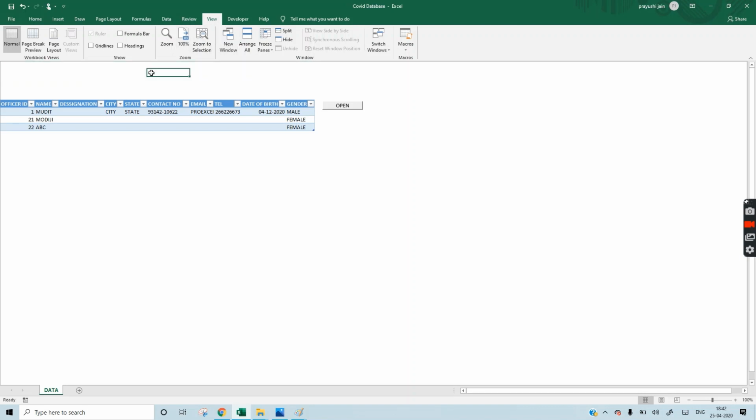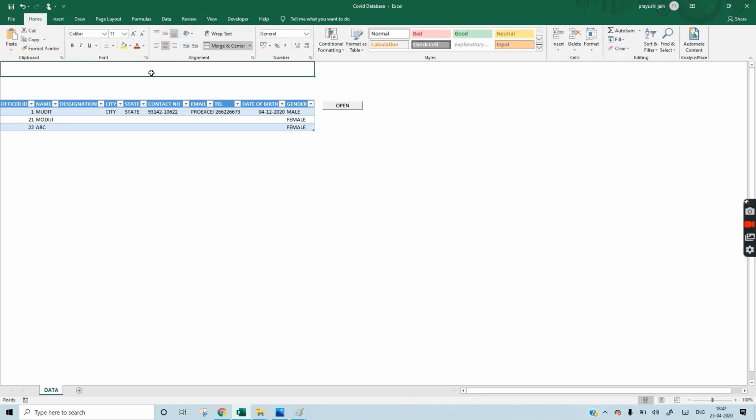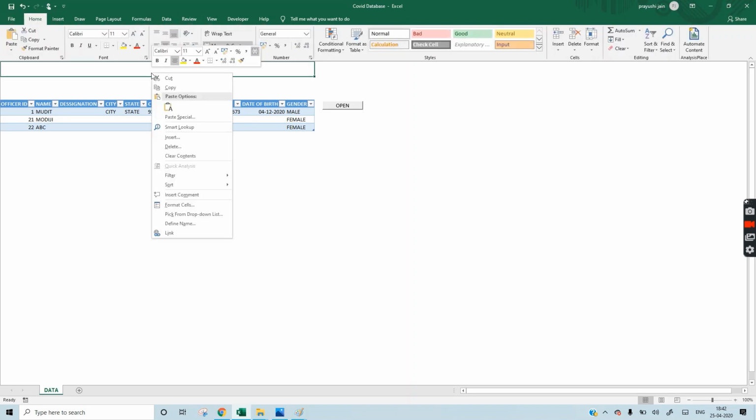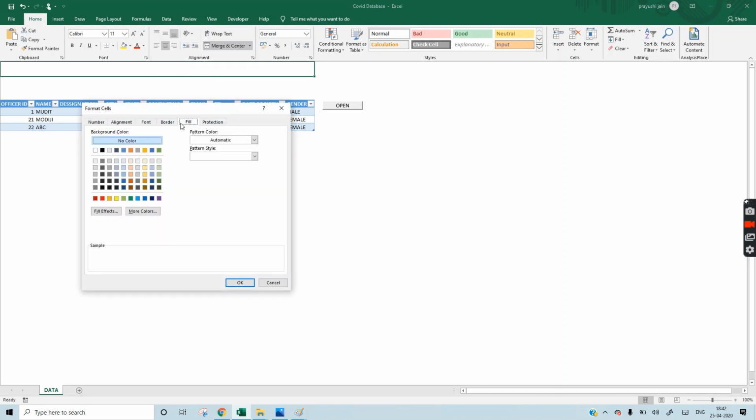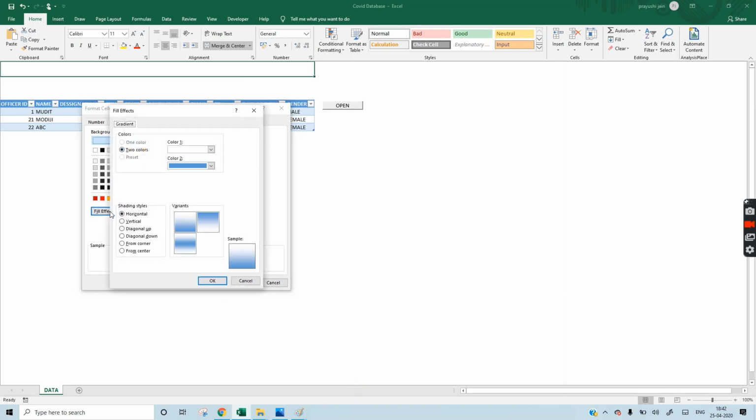For cell formatting, press Alt H M C. It will merge cells. Now right click, format cells, go to fill effects. Color 1 should be a little bit darker, second color should be a little bit lighter.